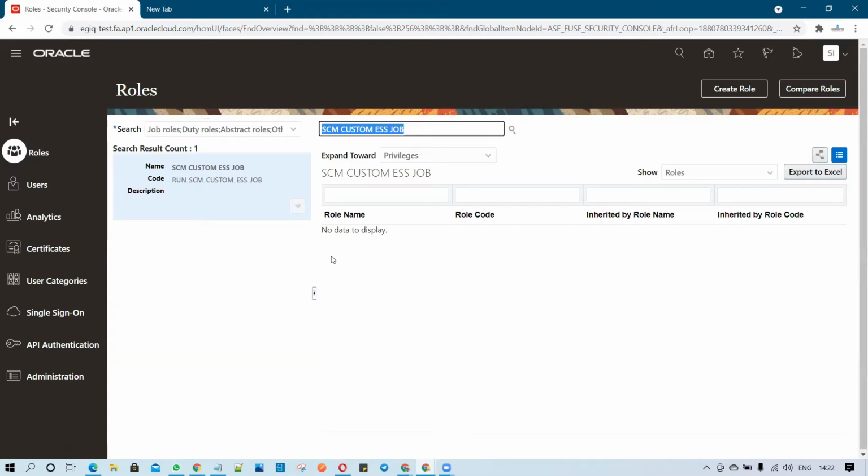So let's assume how you can segregate it, create a couple of roles, associate all those reports with these groups, and assign this role to your respective user. This is how, end to end, you can control the security and grant the execution privilege to all your custom ESS jobs.